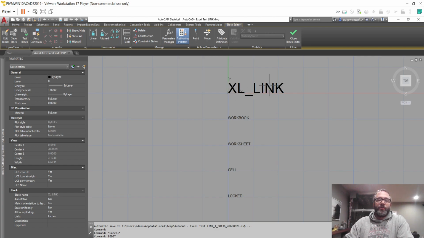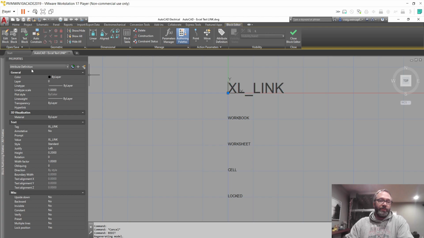So all you saw on the workbook was Excel link, and that's because it's an attribute definition that I've added to this block, and I've made it not invisible. Okay, visible would have been a better property name, but okay. Invisible? No, it's not going to be invisible. It is locked in this position, but that's just for my own sanity, and I keep myself from moving things